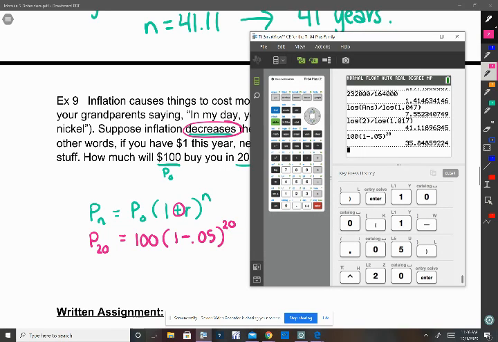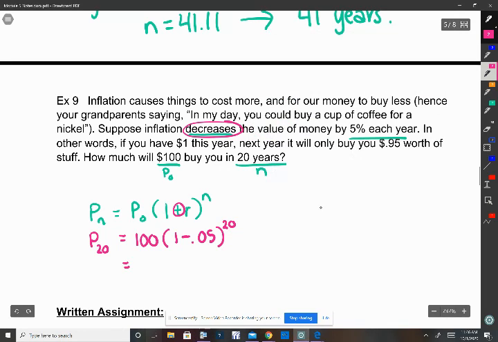And so when we do that, it looks like we'd really be able to buy $35.85 worth of stuff. So our $100 today will only be worth $35.85 in 20 years, based off of the idea that it decreases